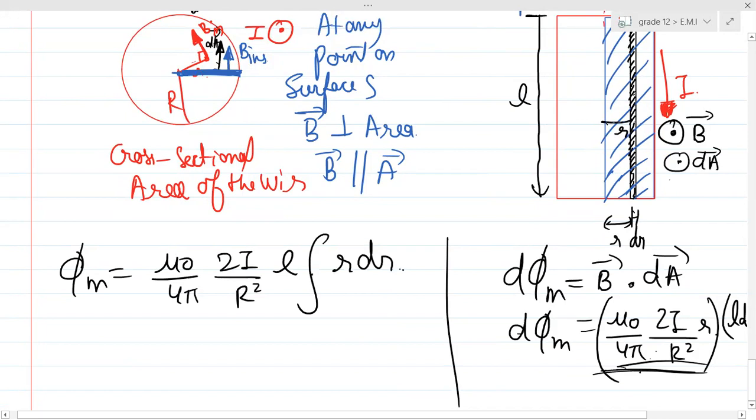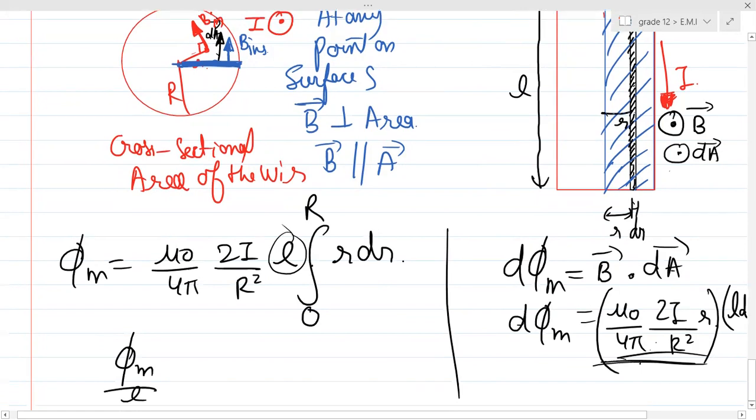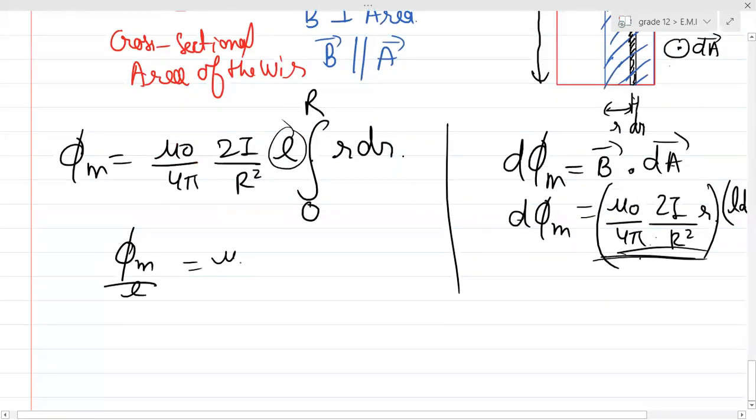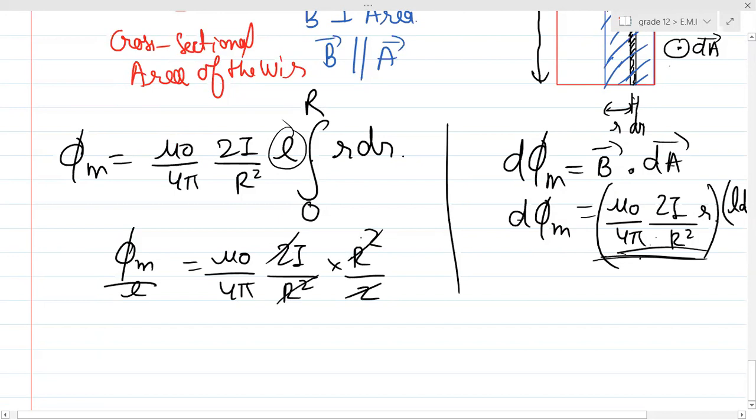Yes or no? So basically, can you integrate from 0 to R? And can you see, what they asked is the flux per unit length. So basically, this divided by L over there. So the flux per unit length is equal to mu naught by 4 pi, twice of I by R square. This will become R square by 2. So 2 will get cancelled, R square by R square will get cancelled, and the final answer